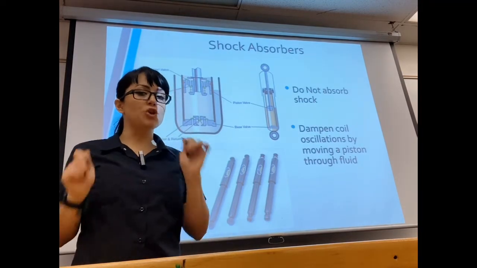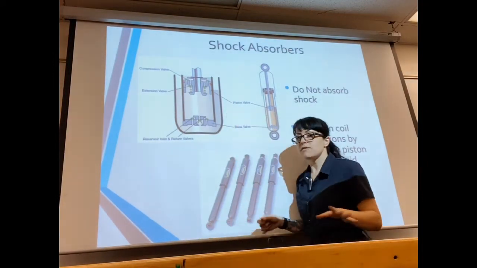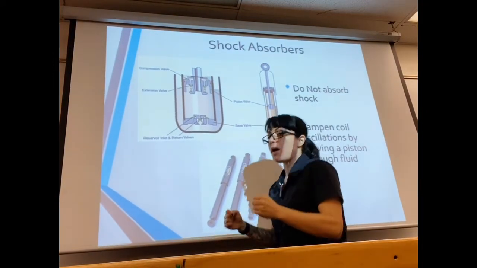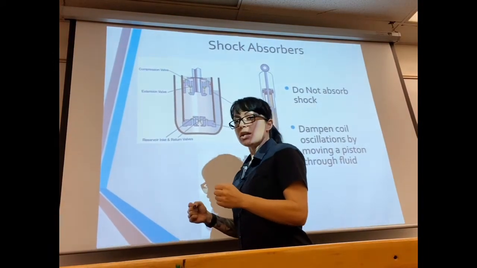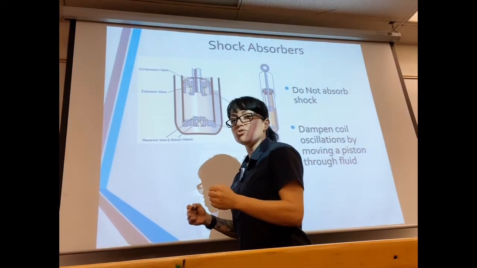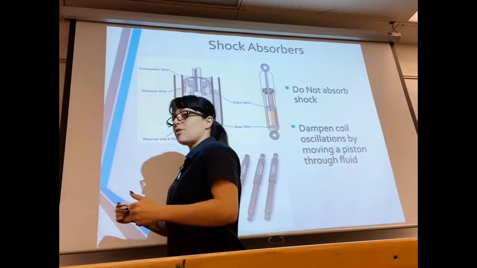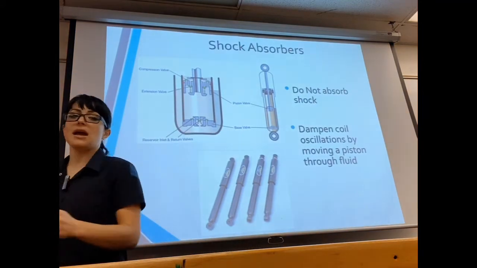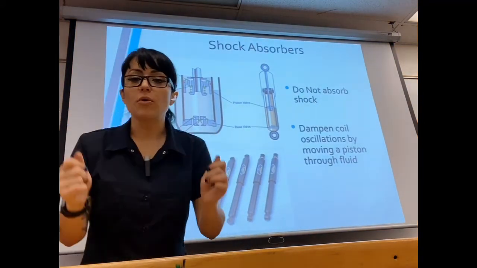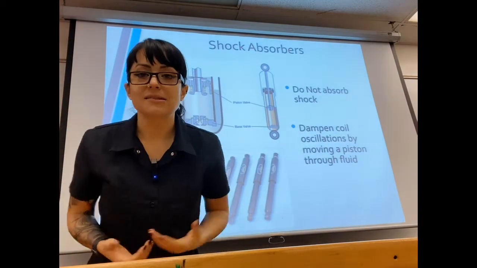So if I had no shock absorbers and I went over a bump, it would not just continue on straight. My car would keep going up and down, up and down, less and less until it stopped,